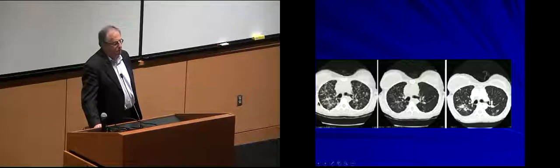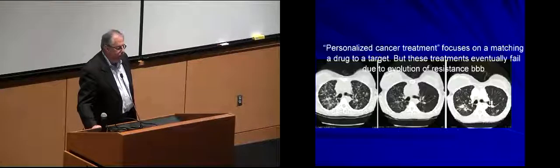This is a pretreatment CT scan. You can see the tumor extensively infiltrating the lungs. This is about 4 months following treatment. You can see there's been a substantial improvement. This is about 8 months later, and you can see that the tumor has regressed, has come back. So no matter how good your therapy,